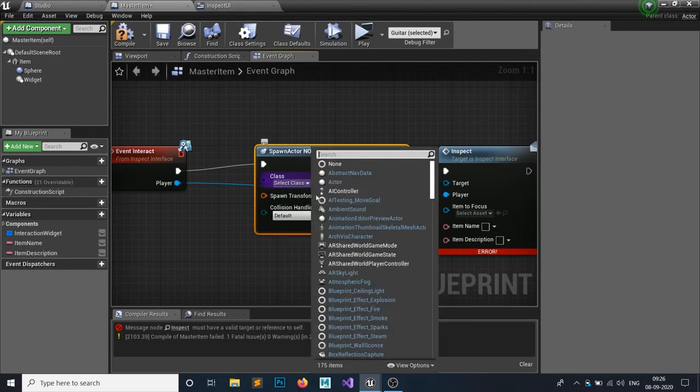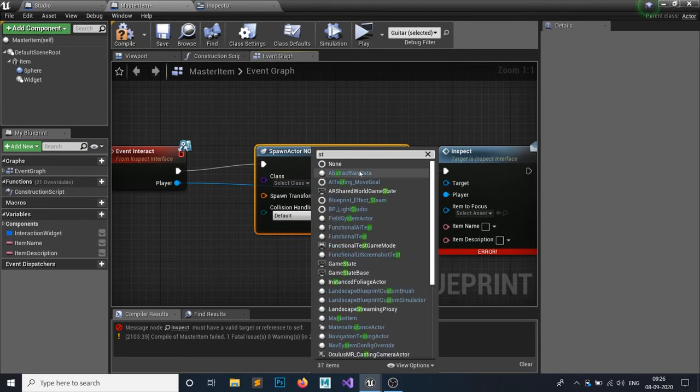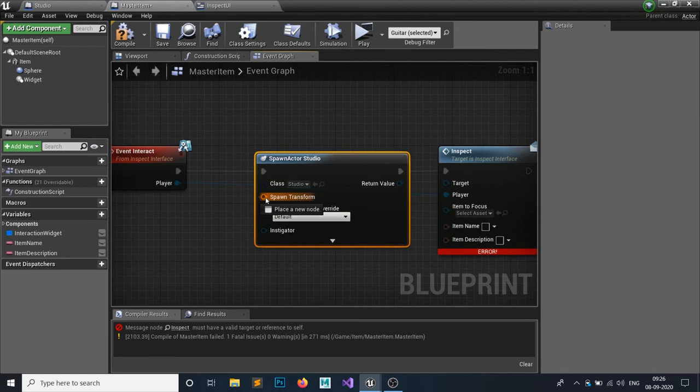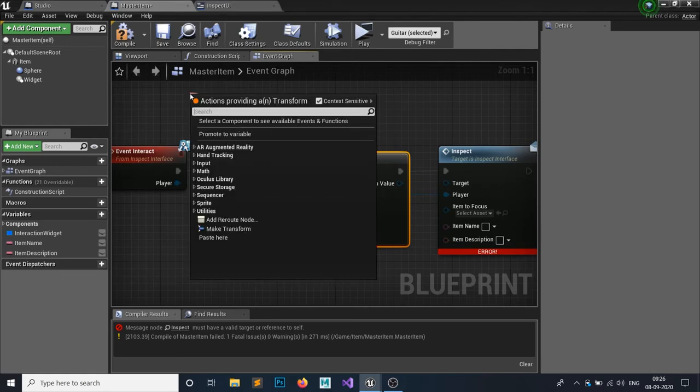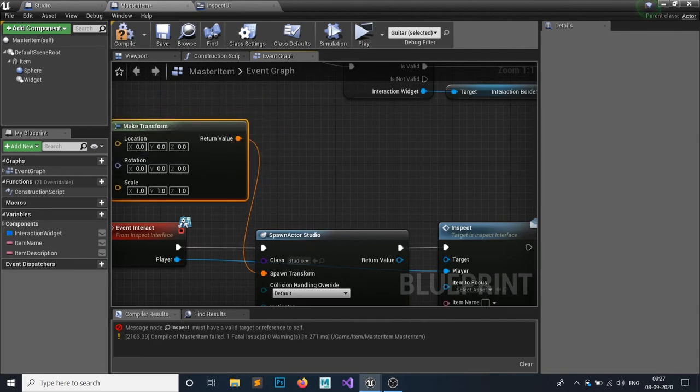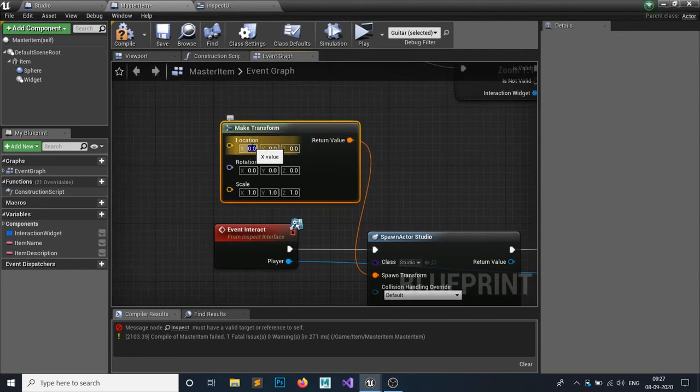The class would be our studio actor. Just name this studio, and make a transform by dragging a node and make transform. And what will be the location? Make that as high as you can.